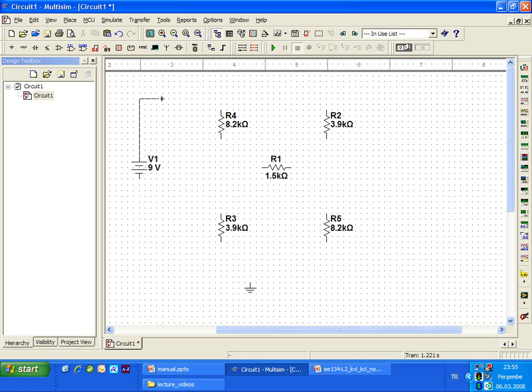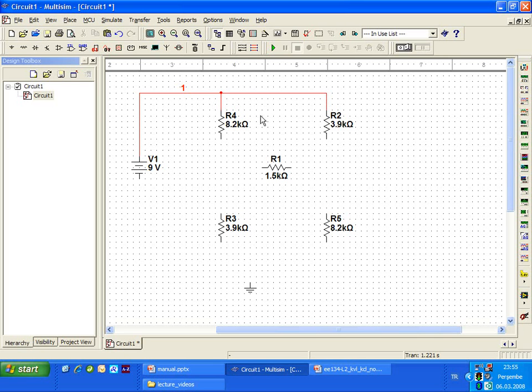As you see, it automatically draws a wire line. You click some point, it automatically draws the line. So if you fix the line, you have to click on some point, for example like this. It automatically changes the wire connection. But if I click on some point, it does not change the before portion. And I have connected the positive terminal of the voltage source to a terminal of this resistor, and I will